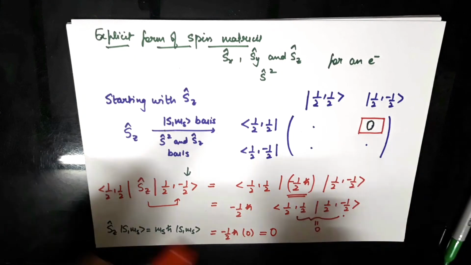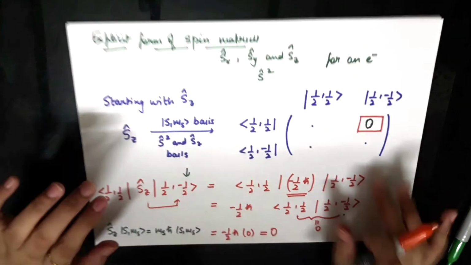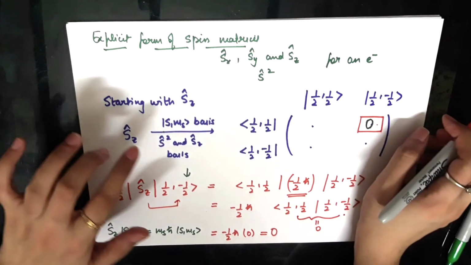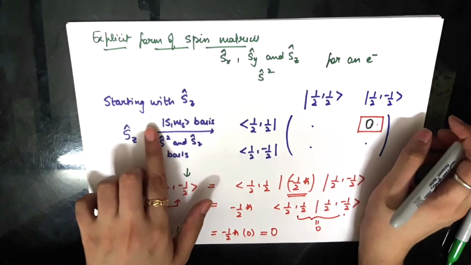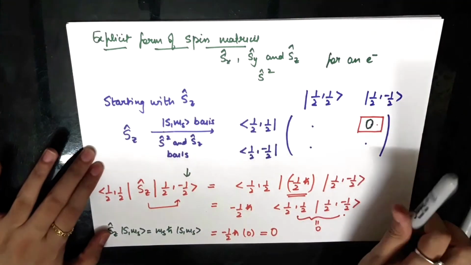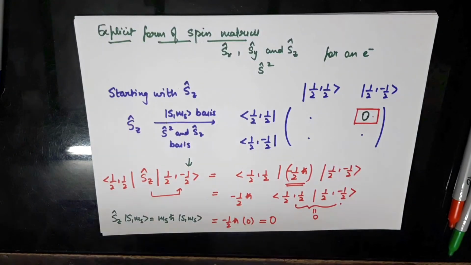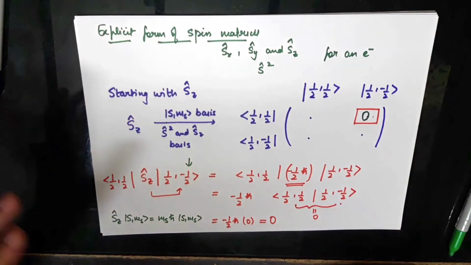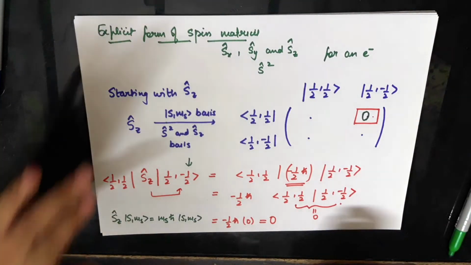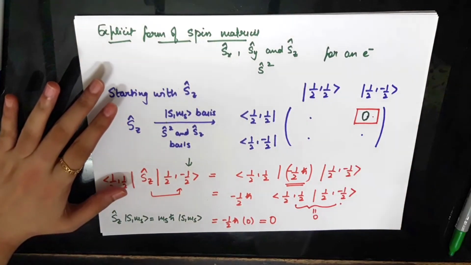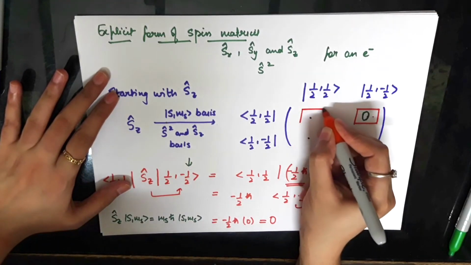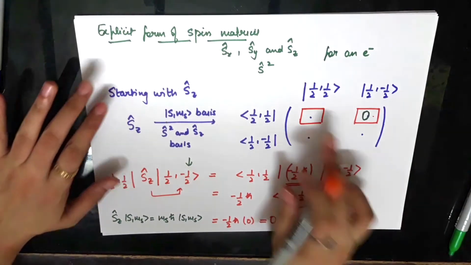So we have figured out what should be the explicit number that should enter in this place for an Sz matrix corresponding to an electron, and in this specific basis of S and S. In a similar way, we can do computations for all other elements. So just to give you some practice, I will do a computation for one of the non-zero elements. For example, I'll start doing the computation for this first element.